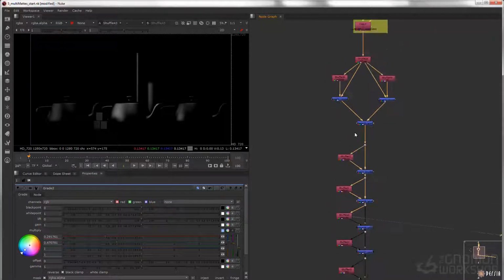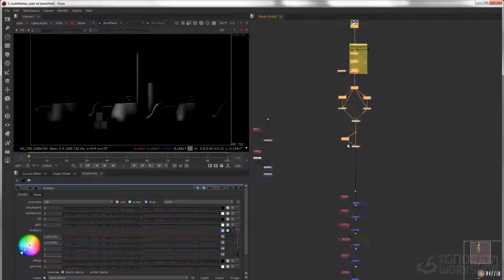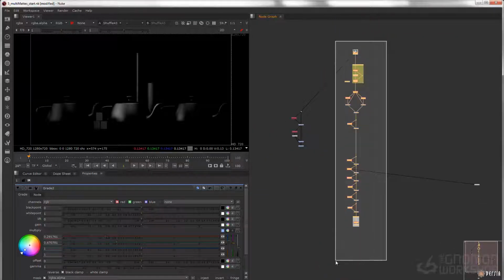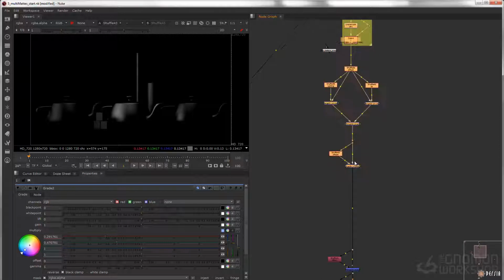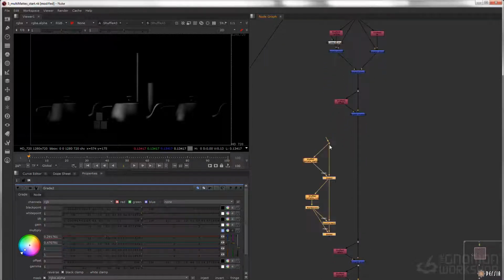So what I'm going to do is Control left click and drag upwards. What that does is it's a really nice handy way, especially if you're working with this vertical workflow. It'll just move your tree up like that. So again, that's Control left click, and then if we paste that,